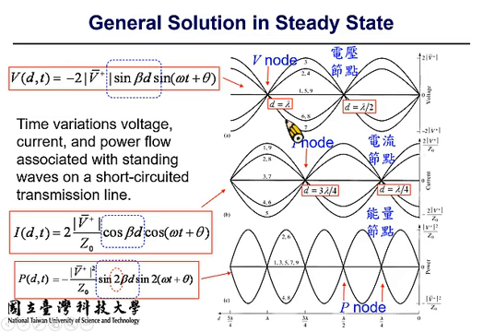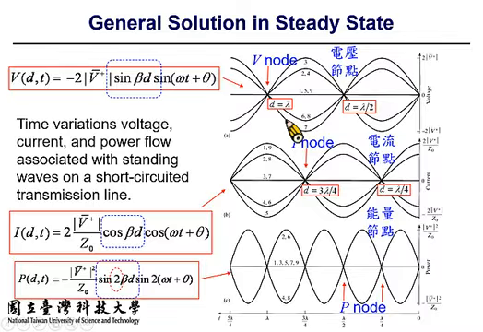And then the corresponding distance for the current node will appear at d equals a quarter wavelength, d equals 3/4 wavelengths, and so on and so forth. And because the power function, P, is the product of the total voltage function and the total current function, as you can expect, the frequency for the node appearance will be doubled